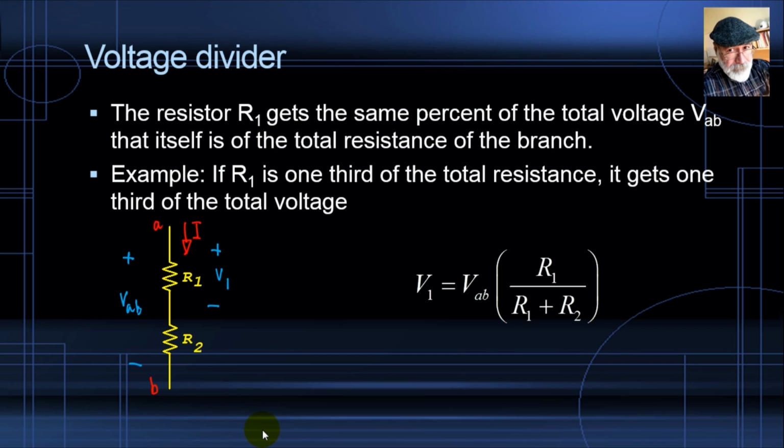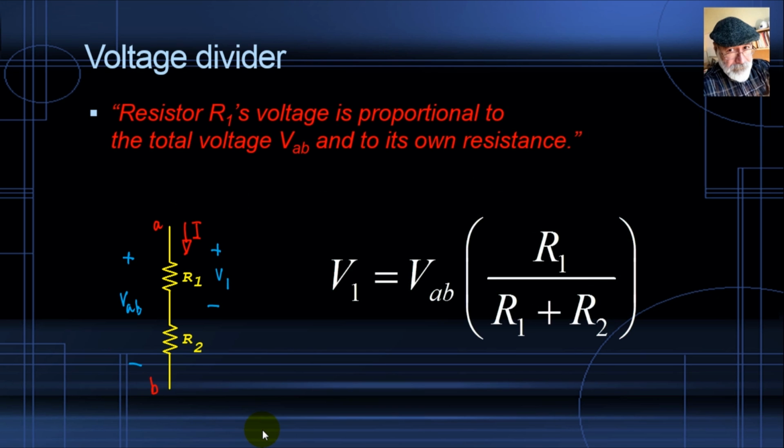If R1 is 1/3 of the total resistance, it gets only 1/3 of the total voltage. Again, the resistor R1's voltage is proportional to the total voltage that is being split. Of course, that makes sense. The more to split, the more each one of them is going to get,